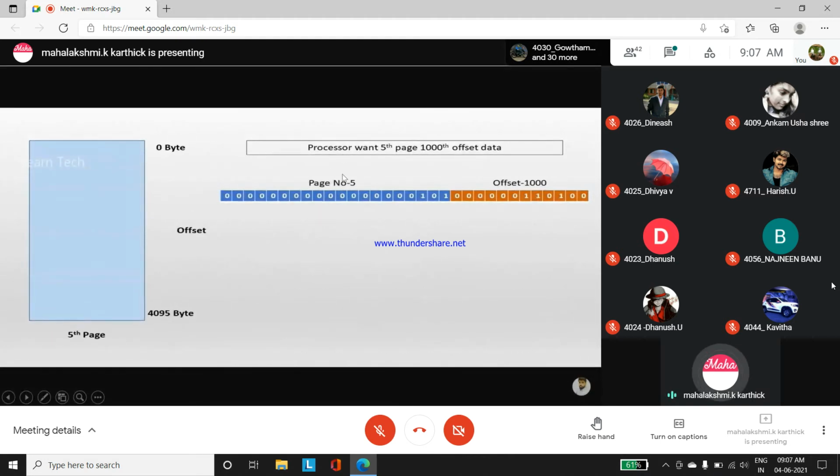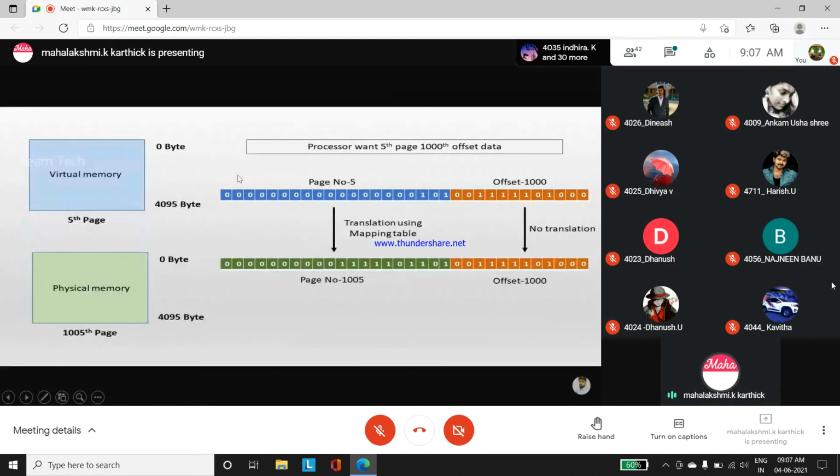If I want to access the 5th page for referring to the RAM, the processor sends the virtual memory address to refer to the RAM. How is it sent? The 5th page is in binary form and its offset value is converted, and that conversion is translated using the mapping table.